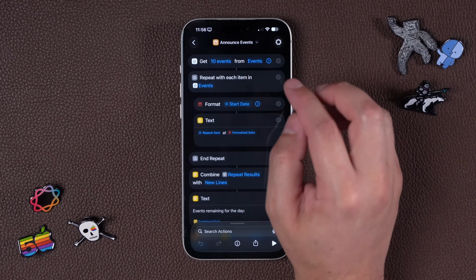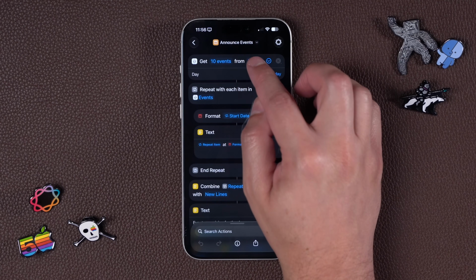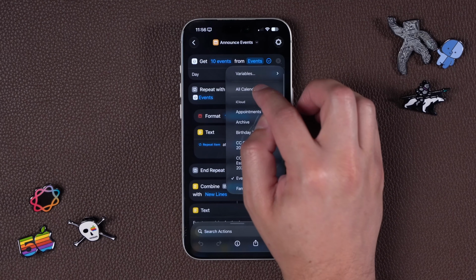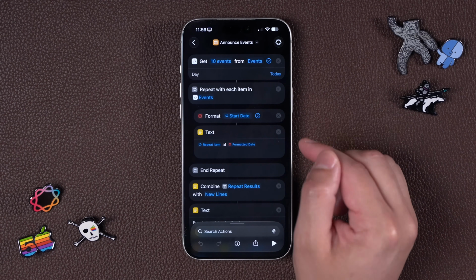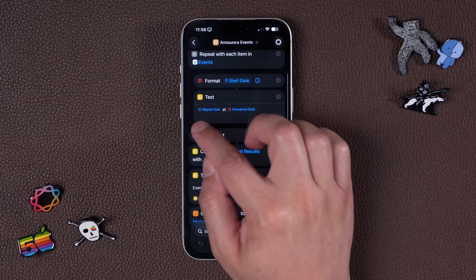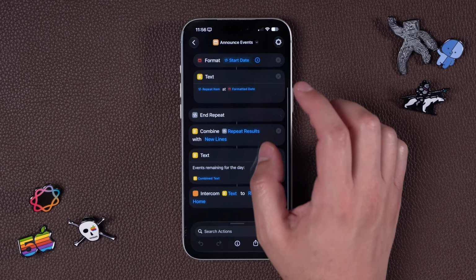So this shortcut's going to get the next 10 events from whatever calendar you choose. You can choose all calendars if you want. I'm just choosing my events calendar, and it's only getting events from today. Then for every event, it's going to format it with the event title and the time, combine those into text,